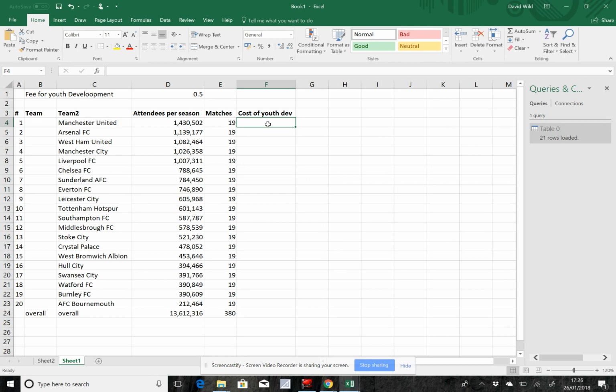Now, so what do we need to do? Well, we need to multiply for each one of these figures the number of attendees multiplied by the fee that there is for each attendee. So what we could do, we could put a formula inside this cell here. We always start formulae off with an equal sign, and we want this to be equal to this value here, whatever their attendance is, and then we multiply that with how much the cost is for each attendee. If I press enter, I get